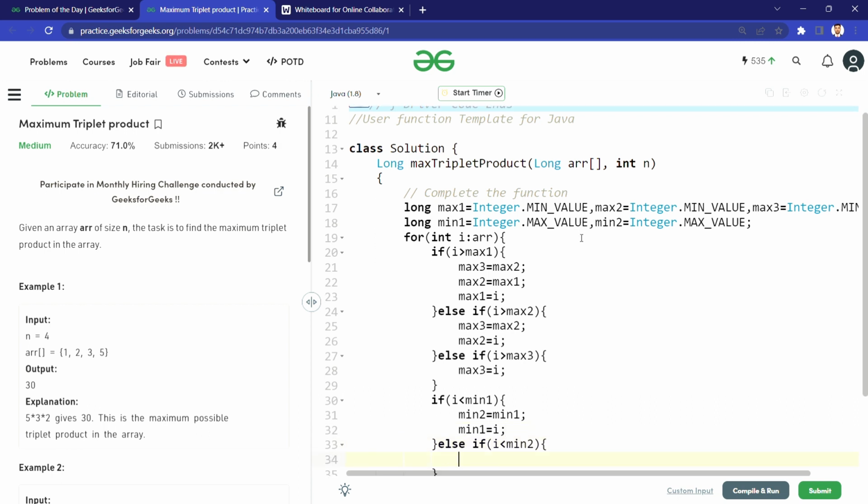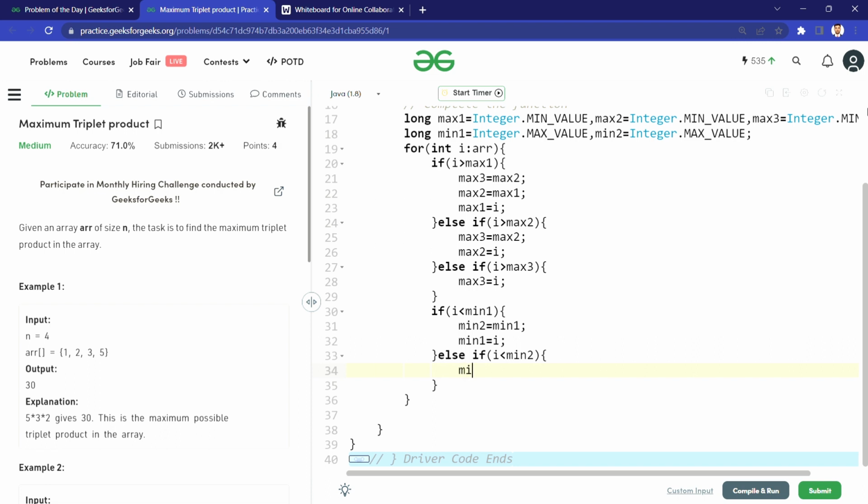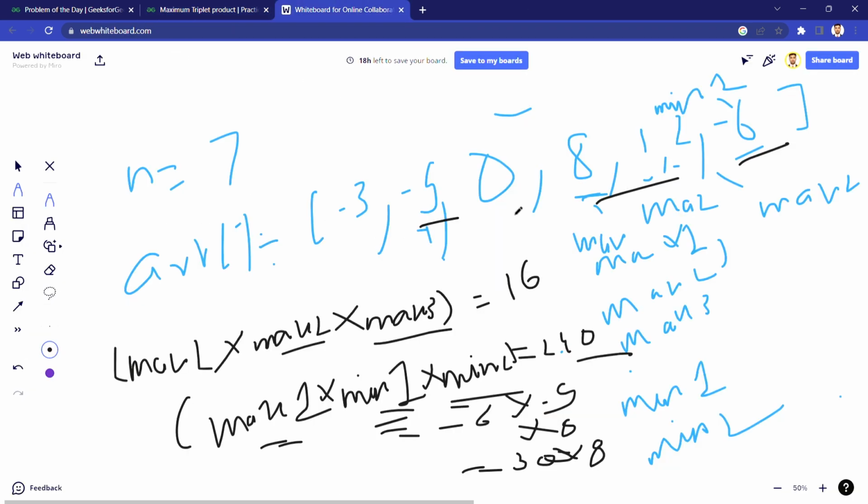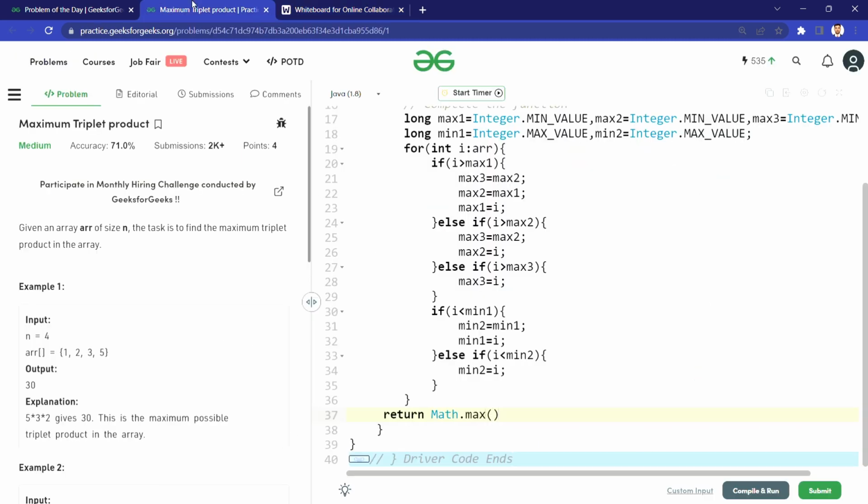So we will update our minimum value, putting minimum 2 equal to i. And at last we will check the product, and we will return Math.max, which will give the maximum product as I told you: maximum 1 into maximum 2 into maximum 3,